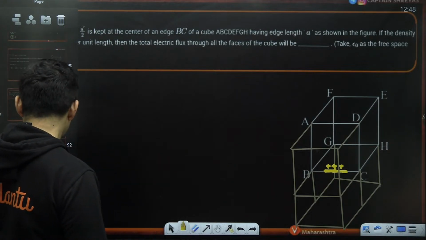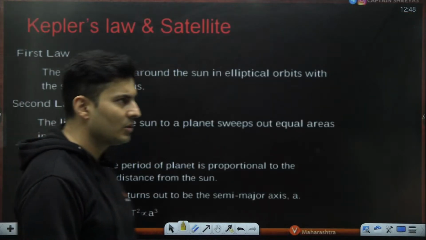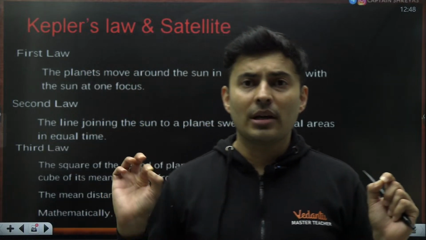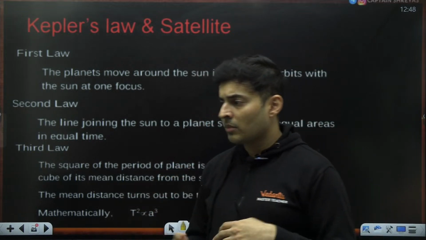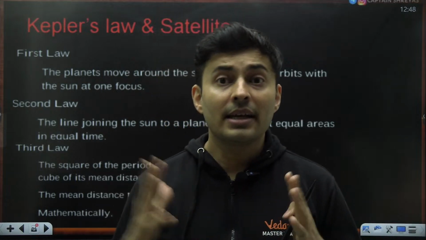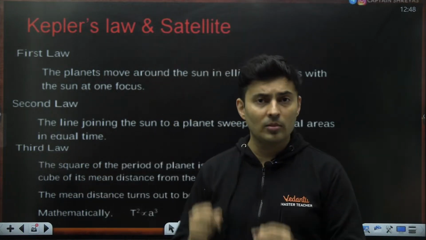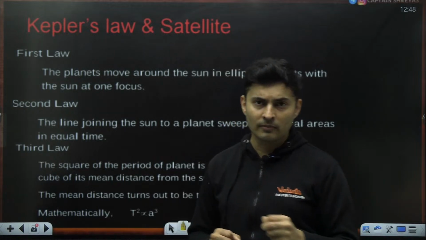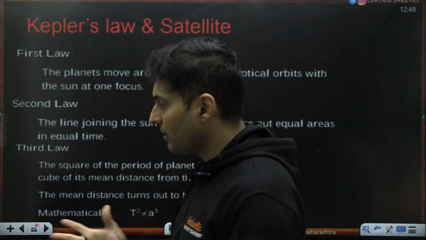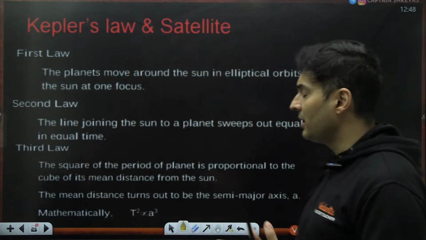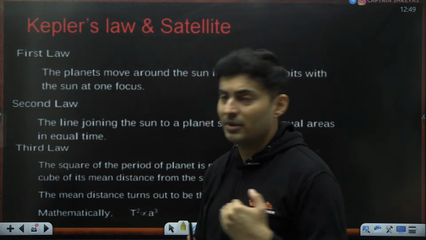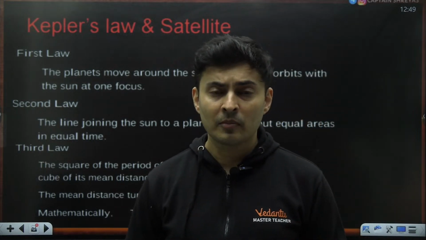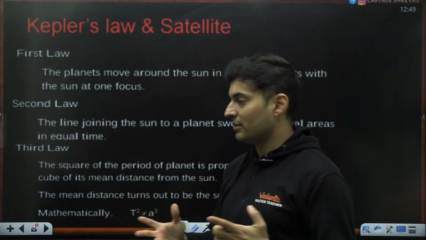So let's go to the last part, which is Kepler's laws. Quickly, let's go through it. Any small mass going around a massive body like the star or the sun, or a planet going around the sun, obeys these Kepler's laws, which can be independently derived using Newton's laws. Kepler found out these laws purely by observation without the use of Newton. And Kepler, obviously, was a great astronomer and scientist, and that was a great miraculous discovery by Kepler, although he was killed for his discoveries.